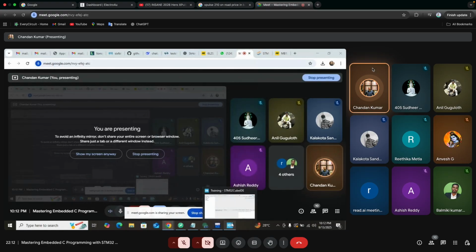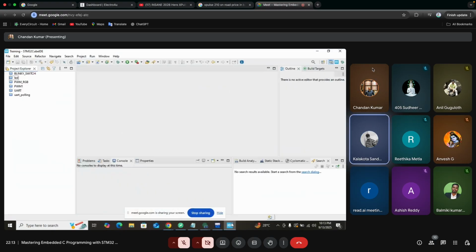Today we are going to create a project and see how communication between two I2C, master and slave, happens. Correct? Yes. I'll just open my Cube IDE